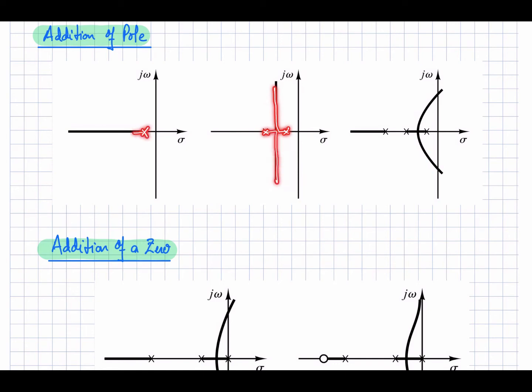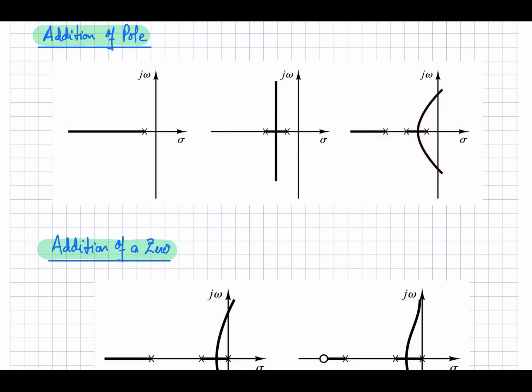So previously it was like this. Now if we introduce another pole, the root locus will become like that. Because when we change k from 0 to infinity, that is basically the root locus, right? When k is equal to 0, the pole position is the open loop pole. But when k is varied, these poles will start moving, and at a certain value of k, your closed loop poles are going to enter into the right half plane. So your system is going to become unstable.